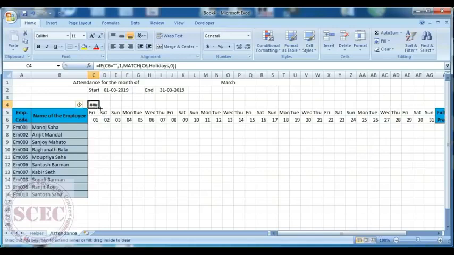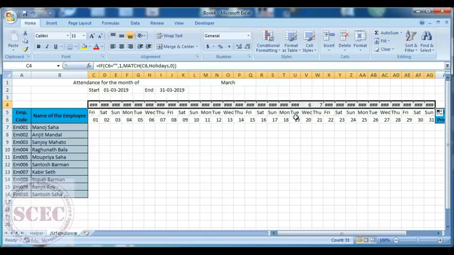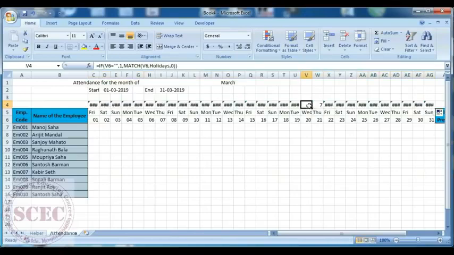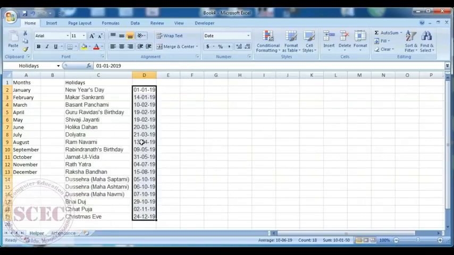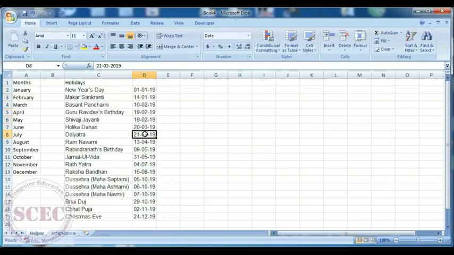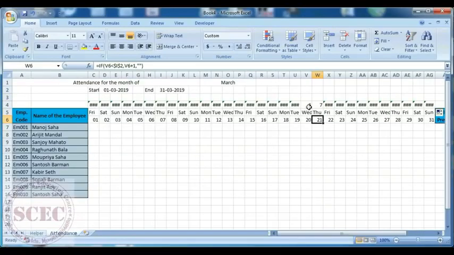So let's just drag this. We can see here 6 and 7, the dates 20 and 21. So let's go to the helper. See 20 and 21. This one is 1, 2, 3, 4, 5, 6, 7. So this one is 6, 7 and all others are hashtag errors. So that means we do not have any other holidays here.